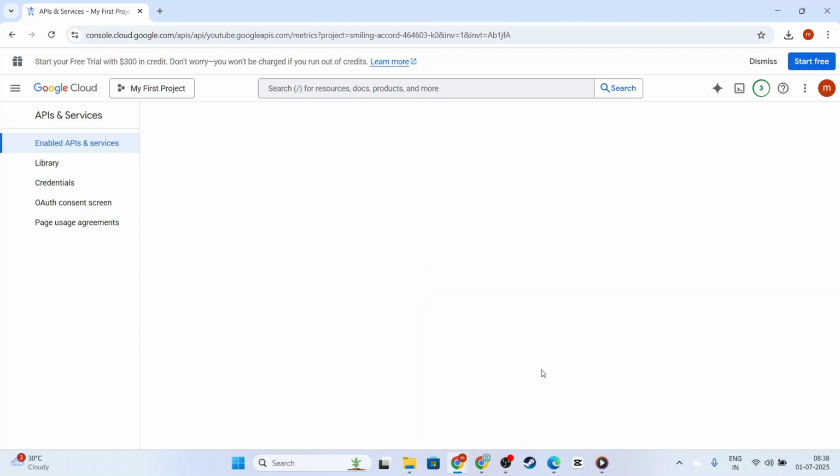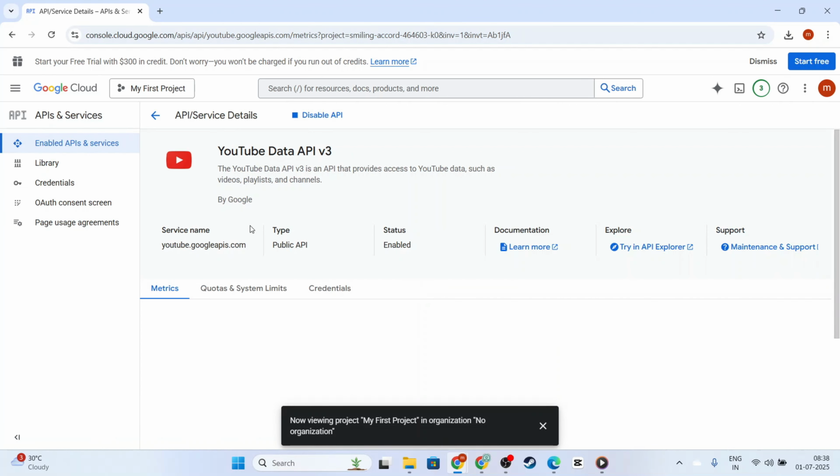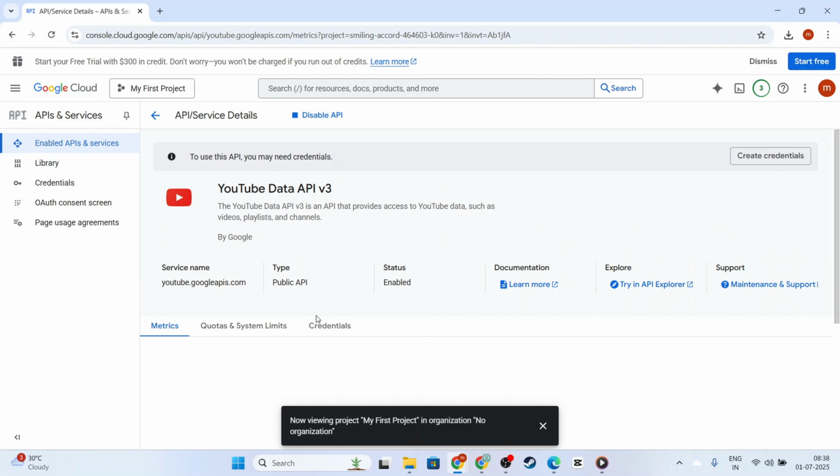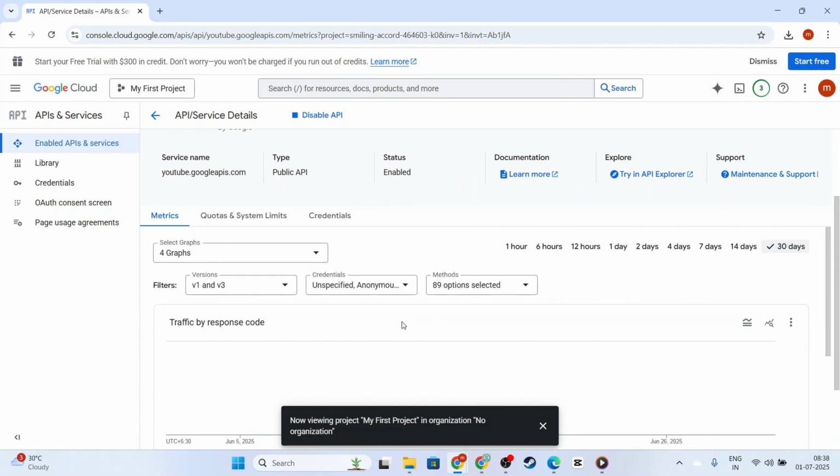You've successfully obtained and secured your YouTube API key, opening up the opportunity to integrate powerful YouTube functionalities into your